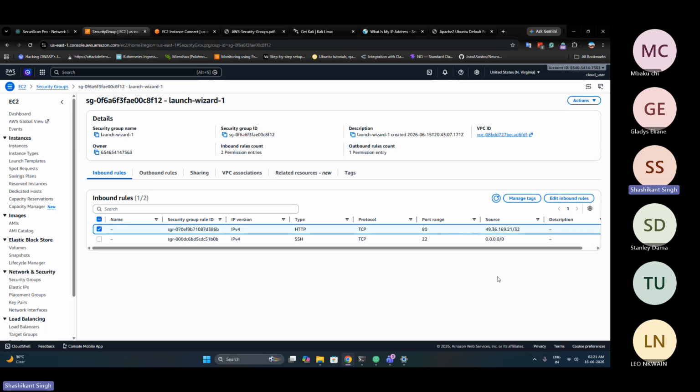You may end up giving that access to everyone on the internet. If they can hack a key, obviously they can have access. But we can restrict the access. See, this is important because, for example, if someone hacked my key or my password to this EC2 instance, and I restrict port 22 to my IP,